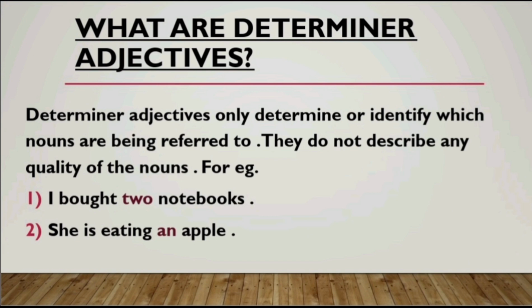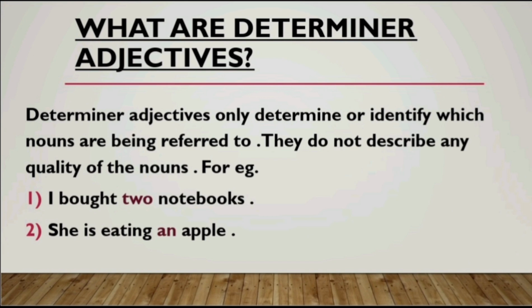Have a look at the example here. I bought 2 notebooks. Now I told you they only determine, so it is determining the quantity in that particular sentence, right? The noun is notebooks and the adjective is 2. So how many notebooks? 2 notebooks. Similarly, in the next example, she is eating an apple. So with an apple we come to know that she is eating 1 apple, right? So therefore determiner adjectives only determine or identify the particular noun written in that sentence, and most of the times